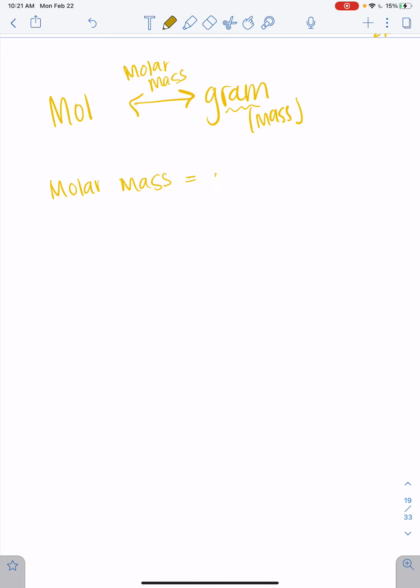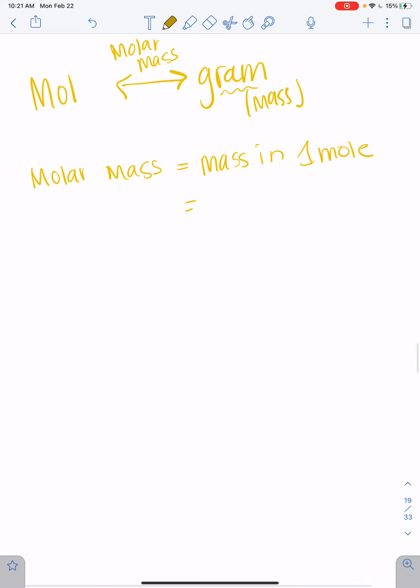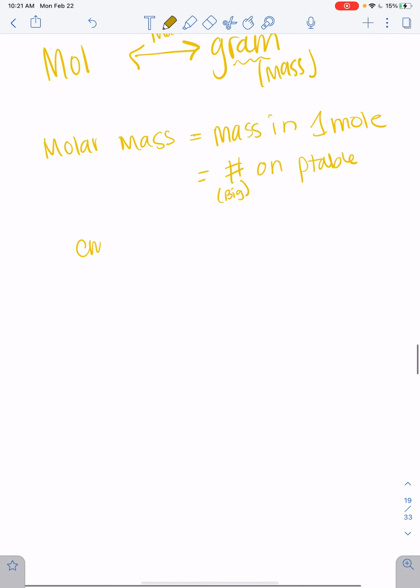Okay, your molar mass is the mass in 1 mole. So most of the times this is just going to be equal to the number on the periodic table for the element. Okay, remember this is the big number with the decimals. Big number. If it's a compound, you're going to have to break the compound into its pieces,